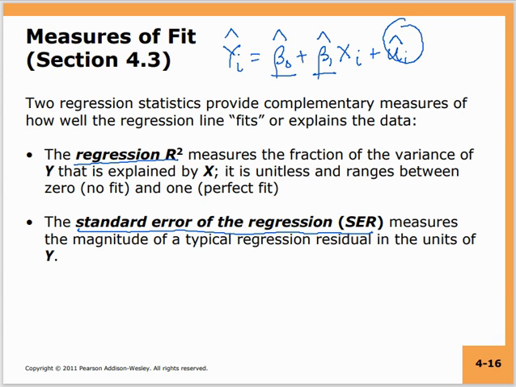Now basically what we are trying to say is that in the absence of any information about x, you might have made a prediction for y which might be just the average of y. But you now have values of x and you predict some value of yi hat based on this linear function. Now how much of the variance in y have you actually managed to explain by this linear function, and how much of it remains unexplained?